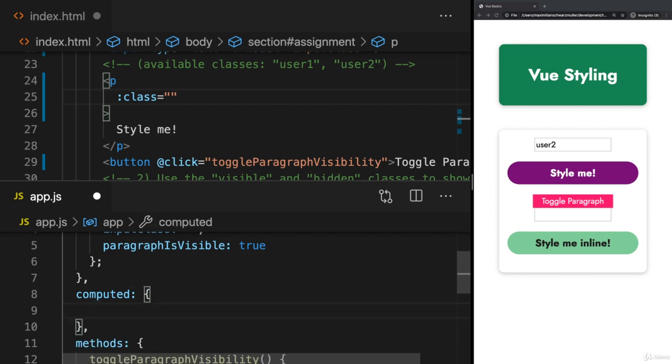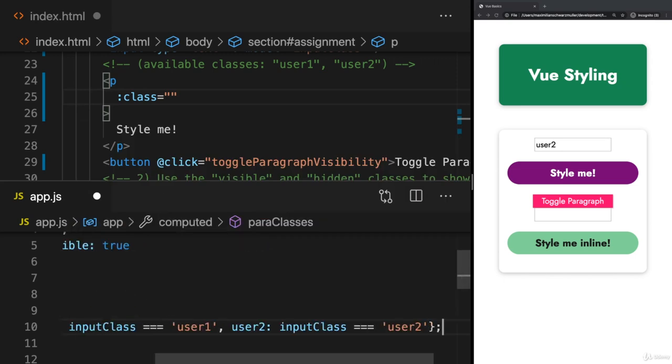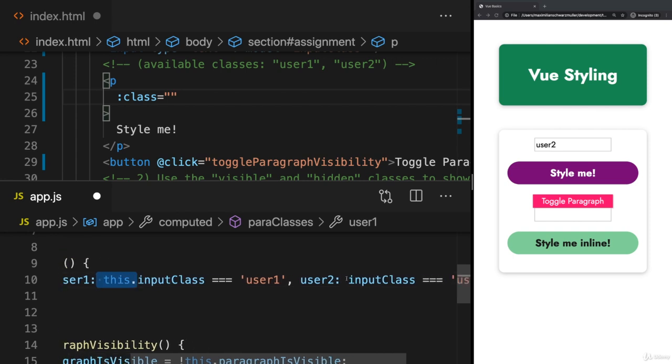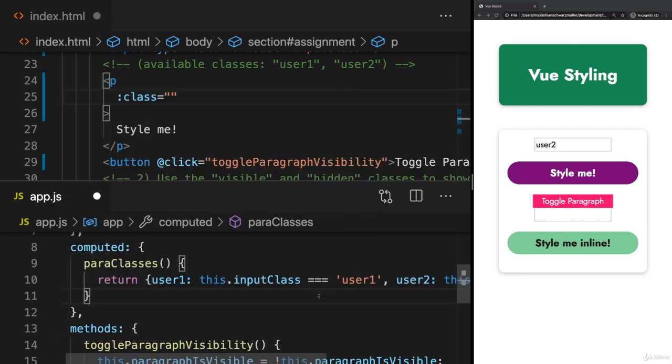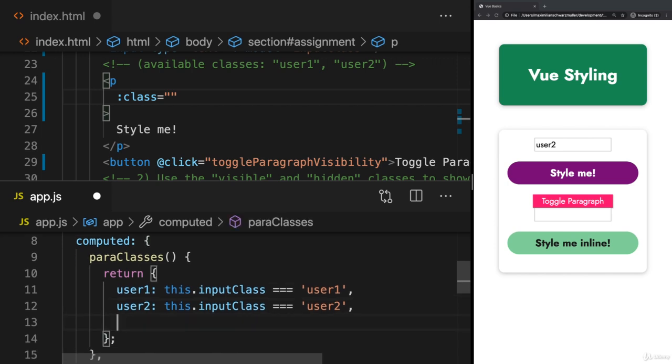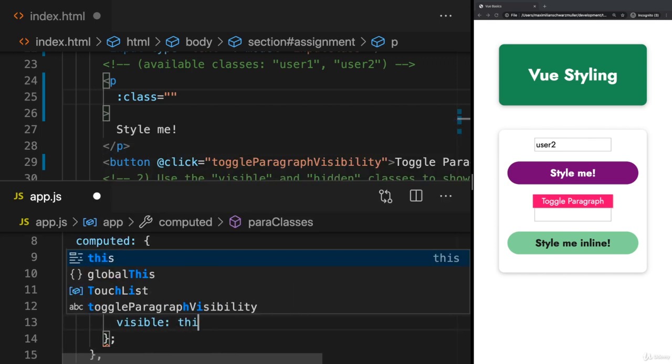Now here in this computed property, I'll name it para classes. Name is up to you, of course. And I return this object here. Important, now input class needs to be accessed on this because we're now in the view instance. Let me reformat that to make it easier to read. And now I also want to add the visible class. If this